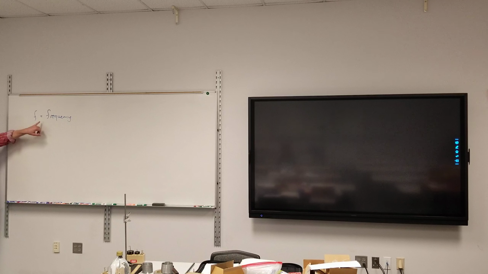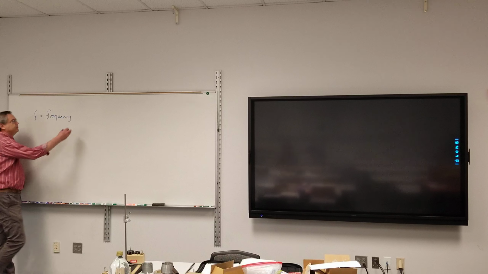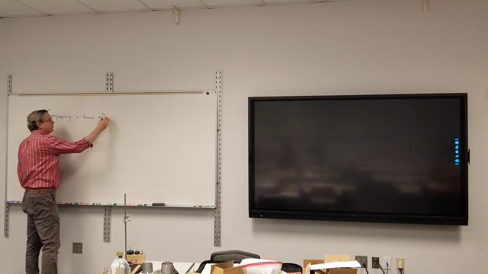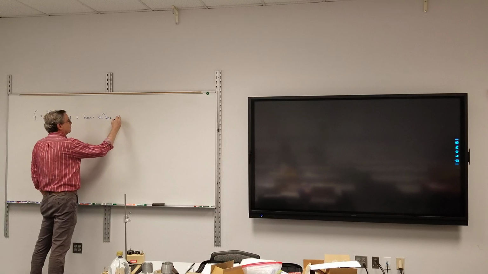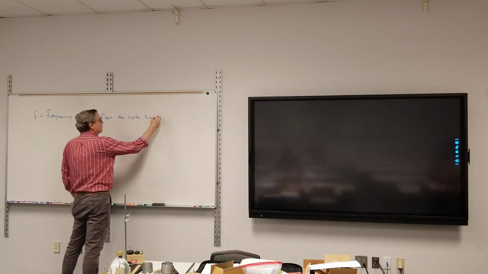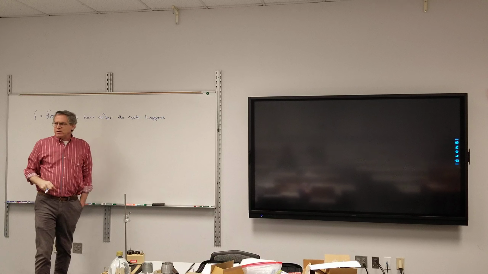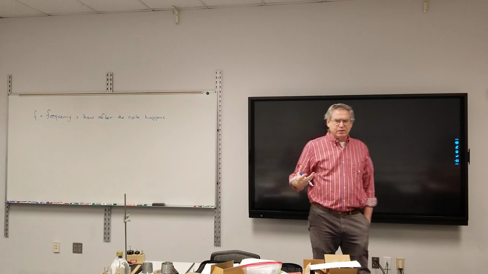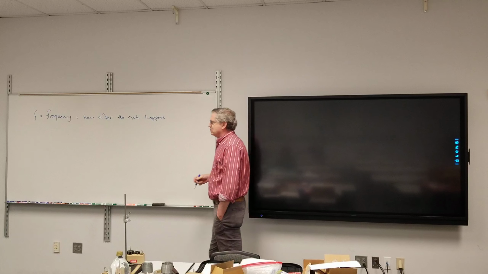All right, so frequency, F, and it's how often something happens. How often the cycle happens. Now, when we're talking about units, we're talking about cycles per, in SI units, it'd be cycles per second, otherwise known as, well, actually,